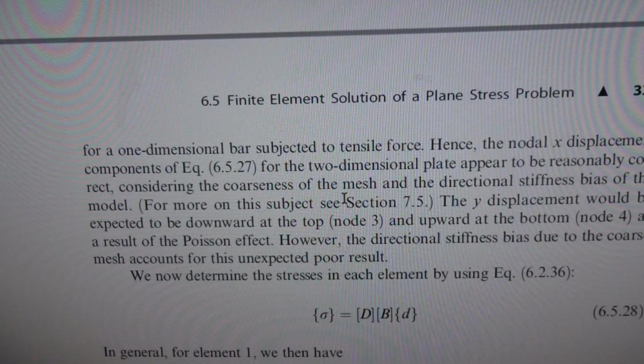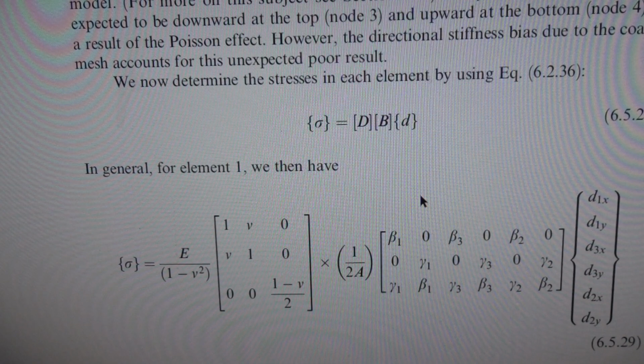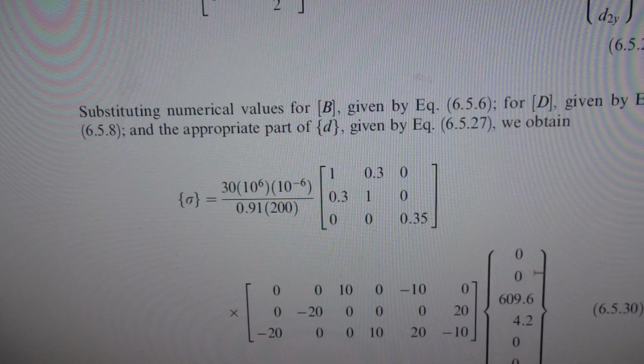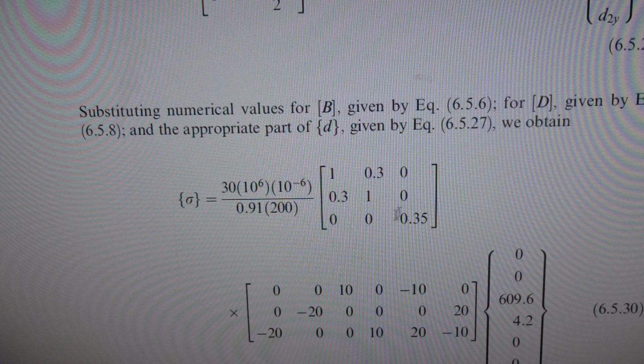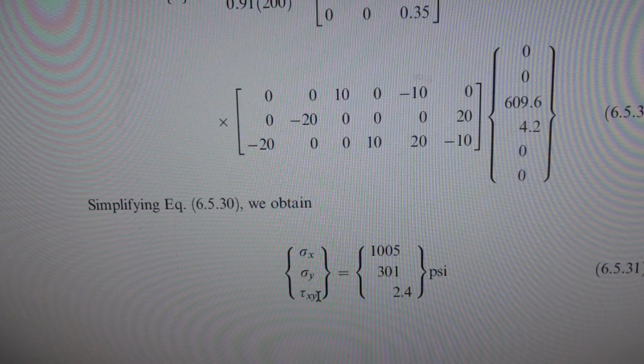And when you have to find the stresses, how can you find the stresses? For stress, it is D multiplied by epsilon, and epsilon is B into d. So for element 1, D multiplied by epsilon, this is D B into d, you will get the value of the stress. This is the stress for element 1, sigma x, sigma y, tau xy is equal to